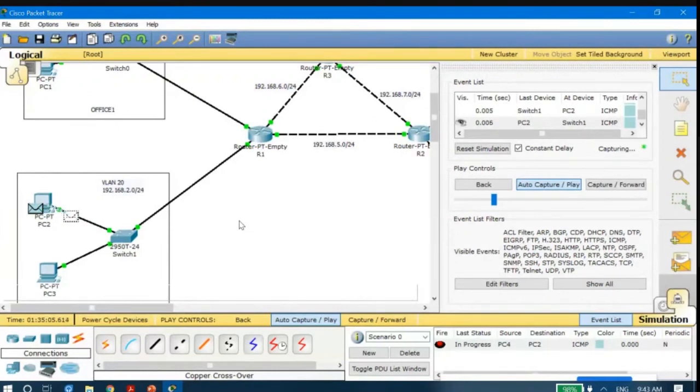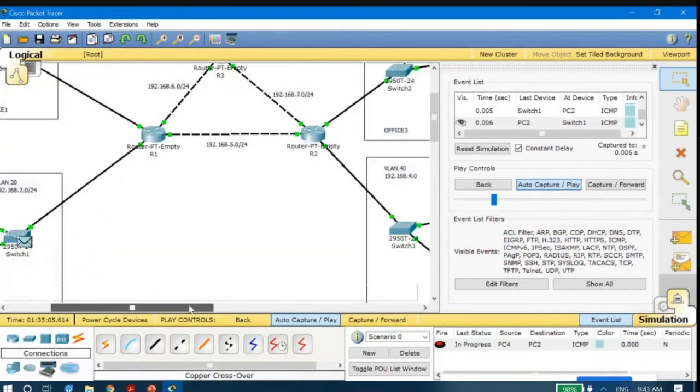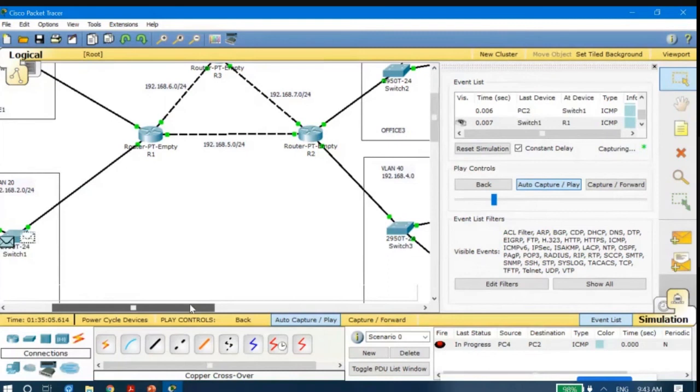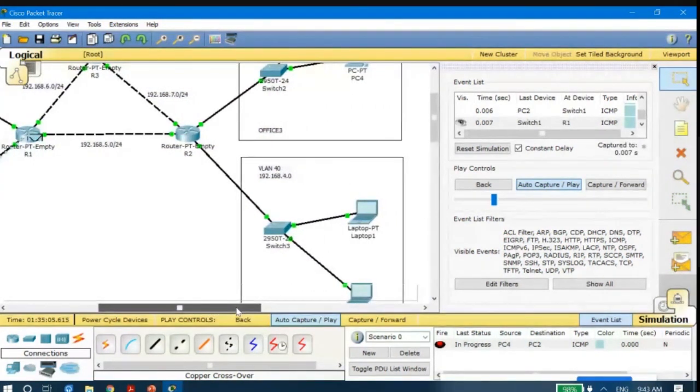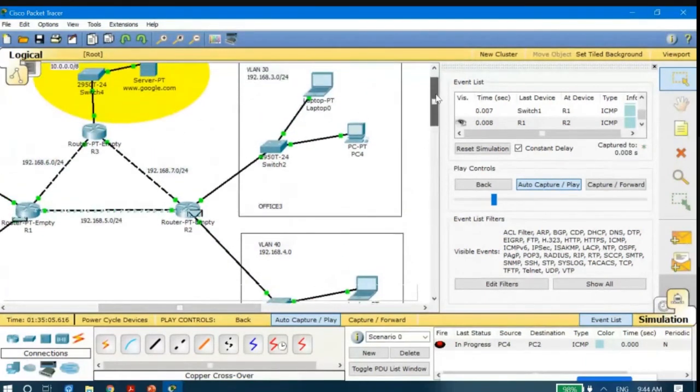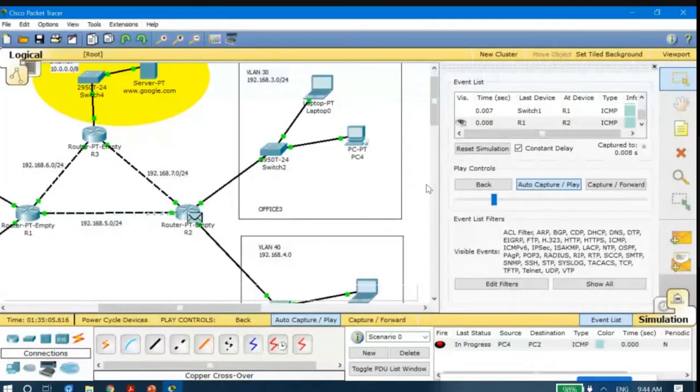And then you could see an acknowledgement being sent. Data transmission was done, so an acknowledgement is being sent. Again, it will come back through the same route. It may or may not come through the same route. However, it will reach back to the sender. Okay. You could see again that envelope is coming back. In this way, you could execute it. So this was a simple PDU.